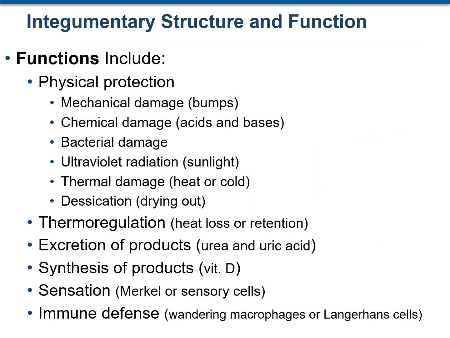Functions of the integumentary system. The main function of the integument is protection. Protection from a wide variety of agents. It can be protection from mechanical abrasion, from chemical damage such as from acids and bases, from microbial or bacterial attack, protection from UV radiation, the skin protects the internal organs, protection from dehydration, or even from excessive heat or cold. The second function of the integumentary system is temperature control, which is known as thermoregulation.